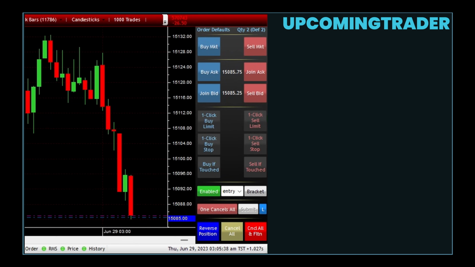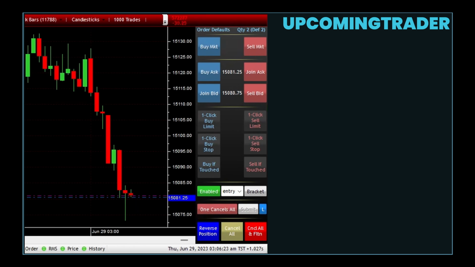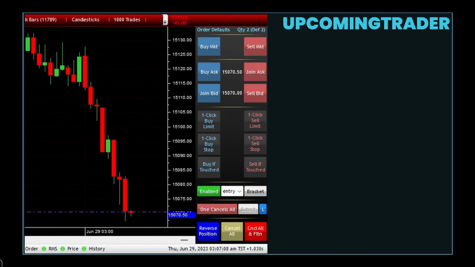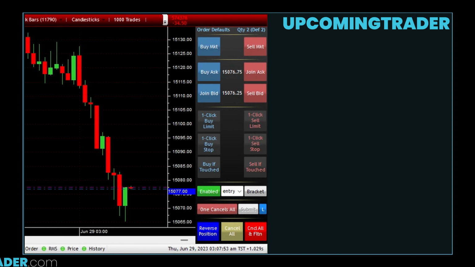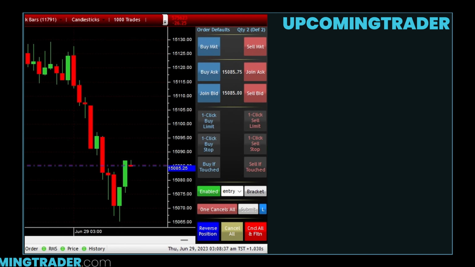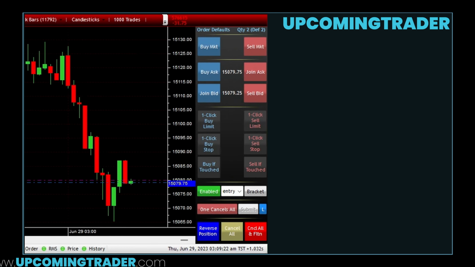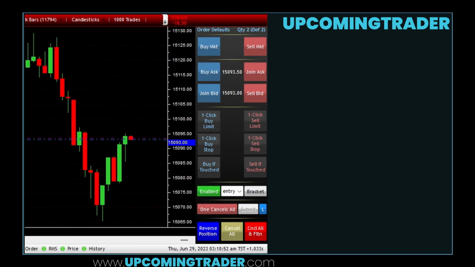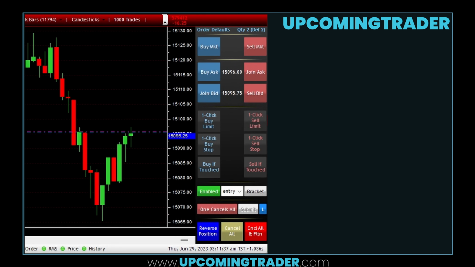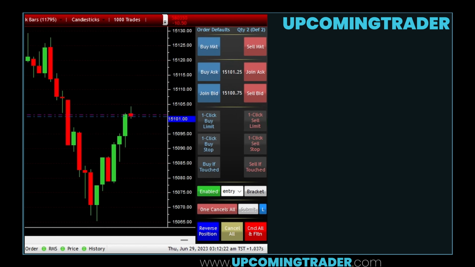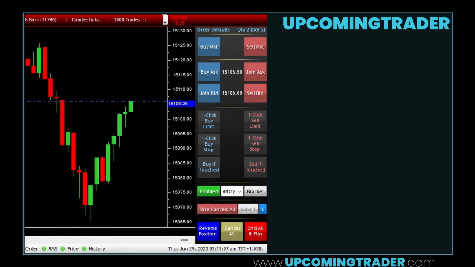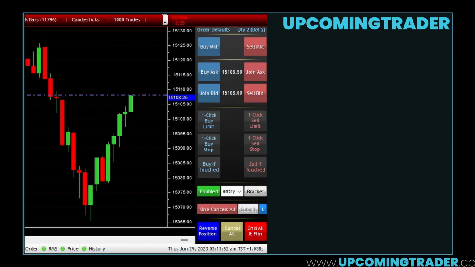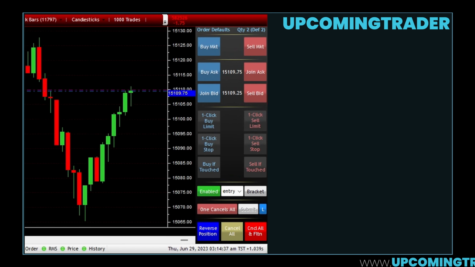Once a trader enters the market, if they enter as a buyer, they will have to become a seller to exit the market. And if they enter as a seller, they will need to become a buyer to exit the market. So there's always a seller for every buyer. This interplay affects the markets, and that's why the markets are always shifting. The market is never static, it is always dynamic.